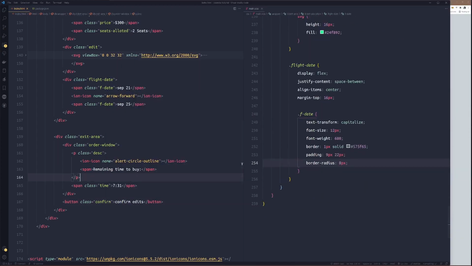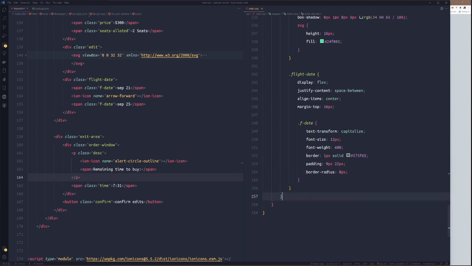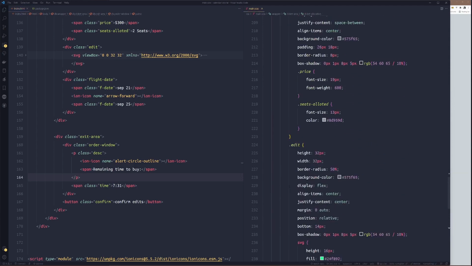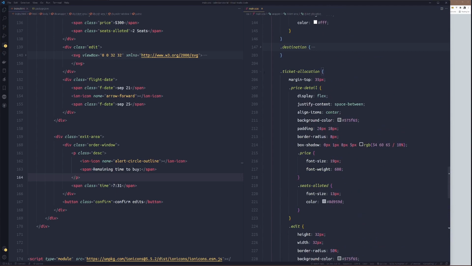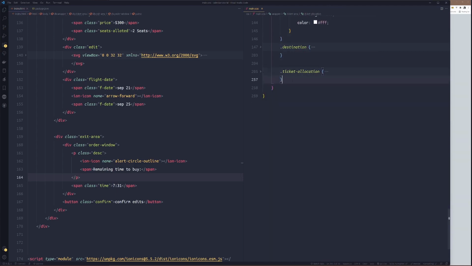So what I could do now, just after the ticket allocation here, I think that should be this blue. Right. Just after the ticket allocation, we'll target the exit area.